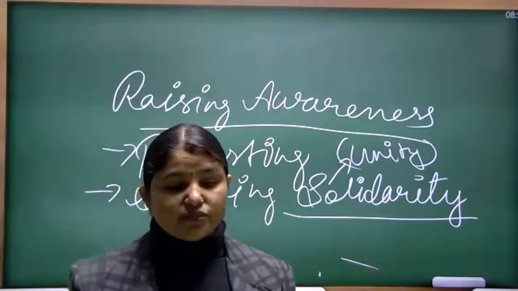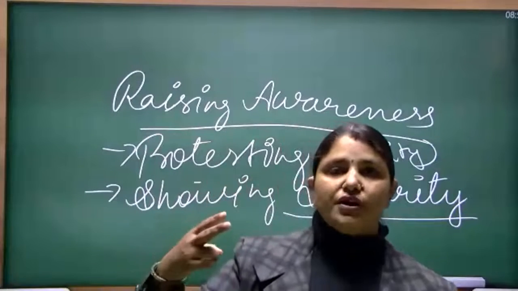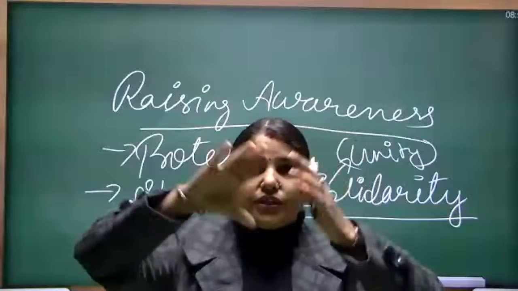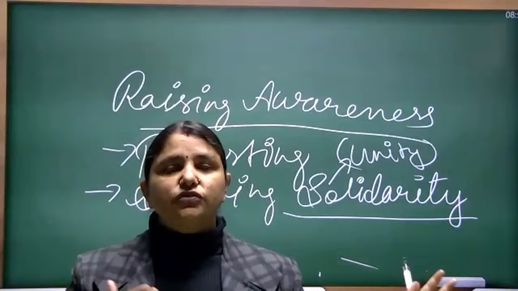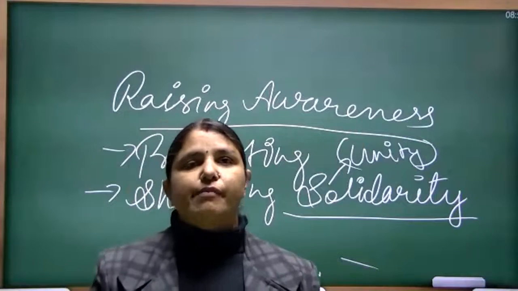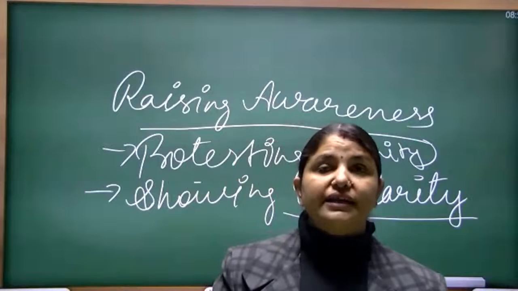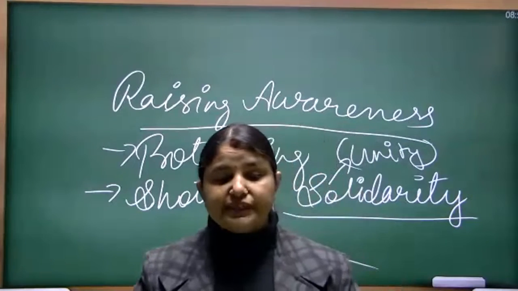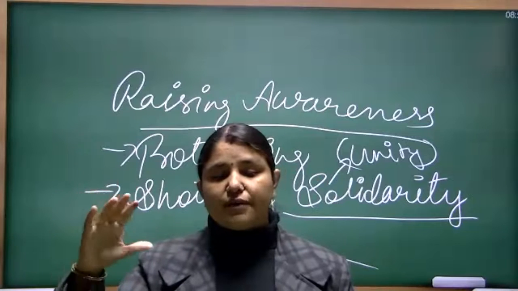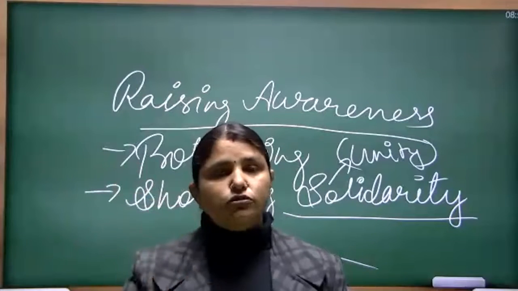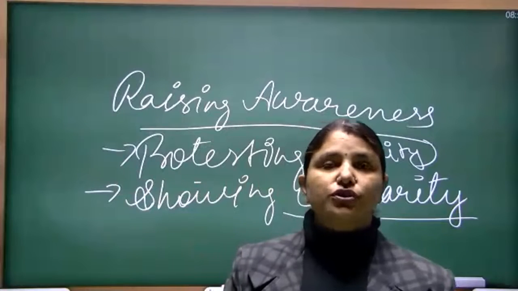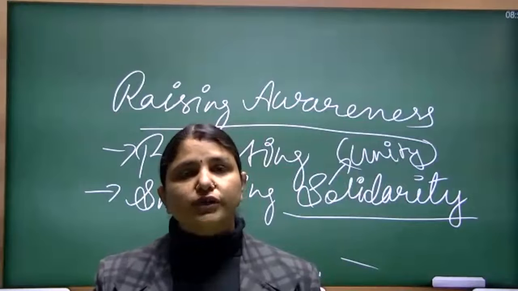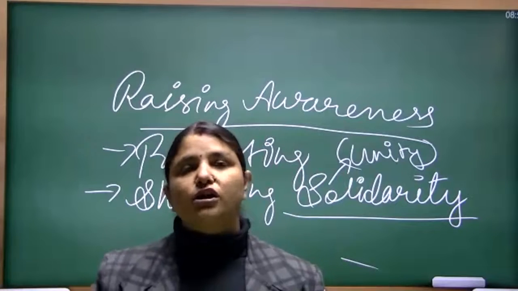So in this manner, students, campaigning, spreading awareness, protesting, showing solidarity and all, these are all ways of movements which women do in the society. Even men also support them to get justice for them. So in this chapter we see that at one time women did not have the right to study, but there were also many women like Rakhmabai, Pandita Ramabai, Rokeya Sakhawat and others, who not only got educated themselves, but also did a lot for the society.